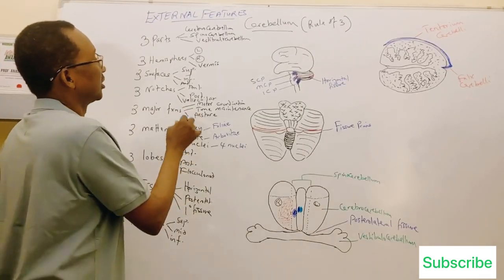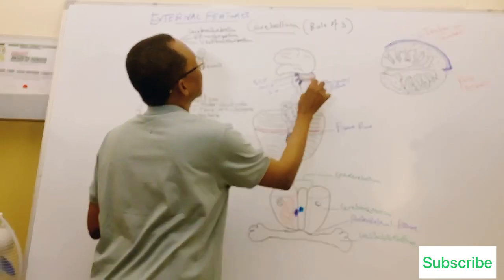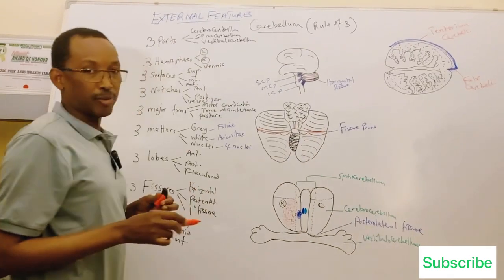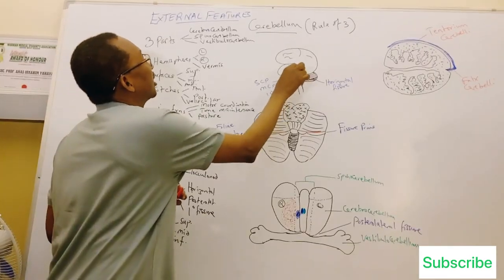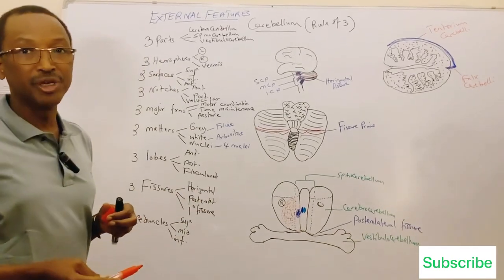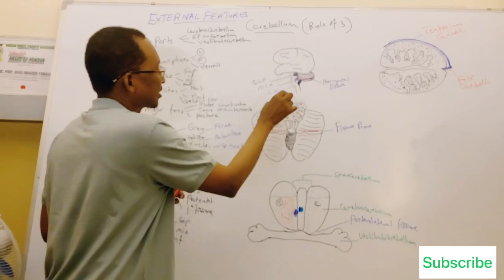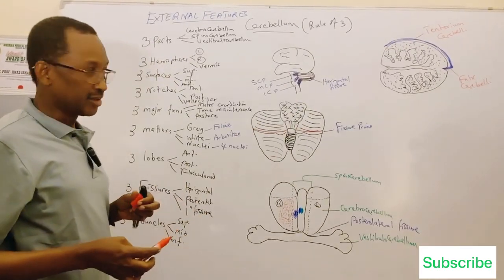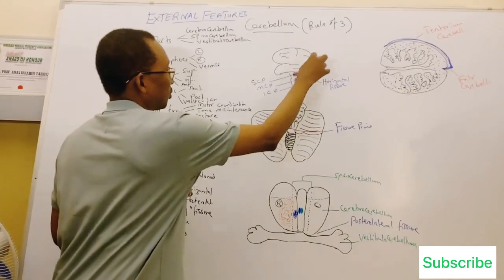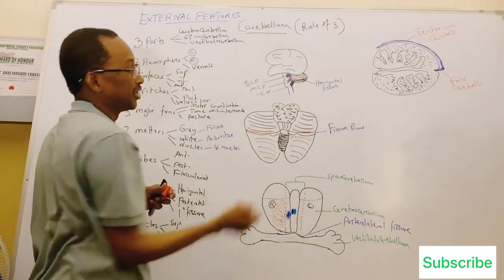Now we've seen the superior surface and the inferior surface of the cerebellum. The other surface, which is the anterior surface, is in relation to the back of the midbrain. So it suffices to say that cerebellum lies below the large brain, posterior to the midbrain, and